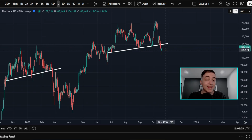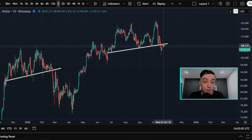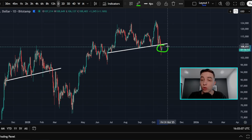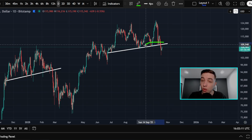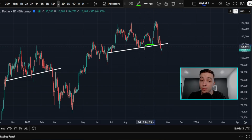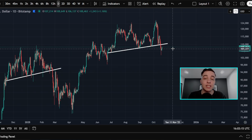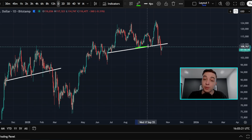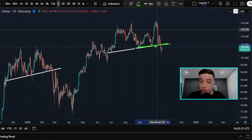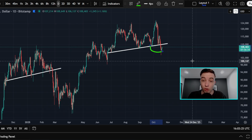And so obviously, as of recording this video and over the last half a week or so, we've been trading below this line of support, and we've now seen multiple daily candle closes below this line of support and also below these previous lows in the price of Bitcoin. So technically speaking, as it currently stands for the price of Bitcoin, we are still seeing bearish price structure, as we have broken below a very important level on the price chart and technically forming lower lows, which is bearish